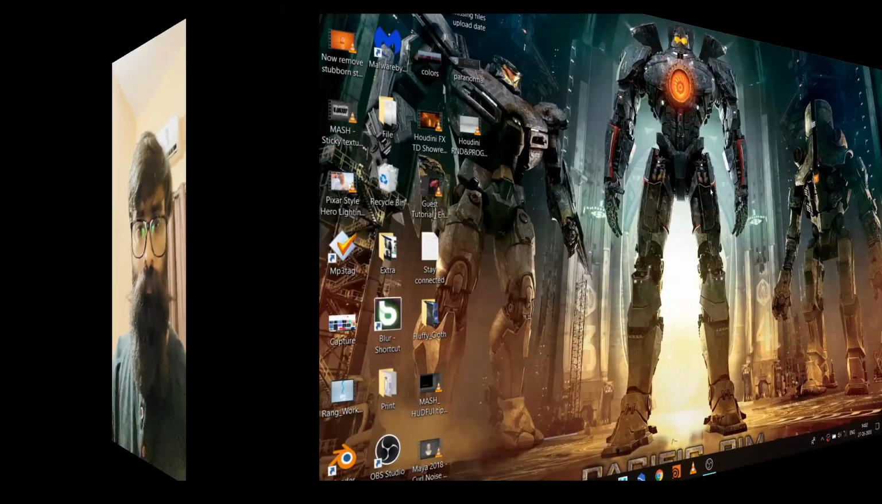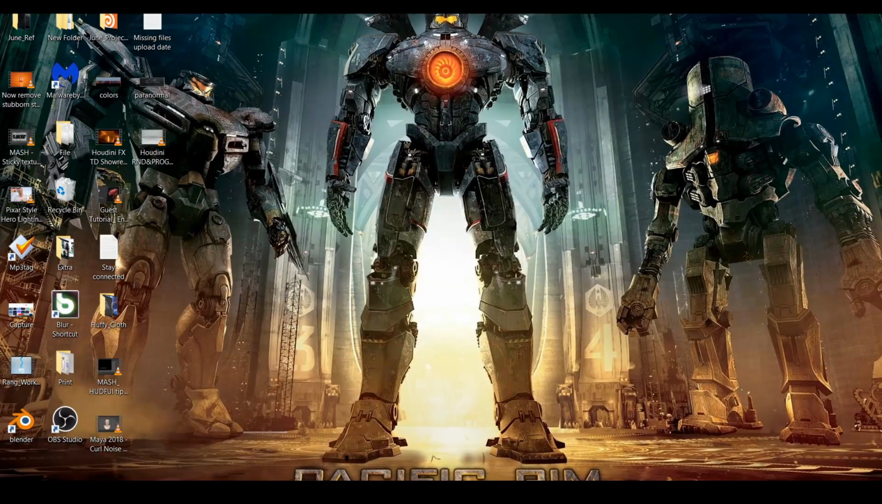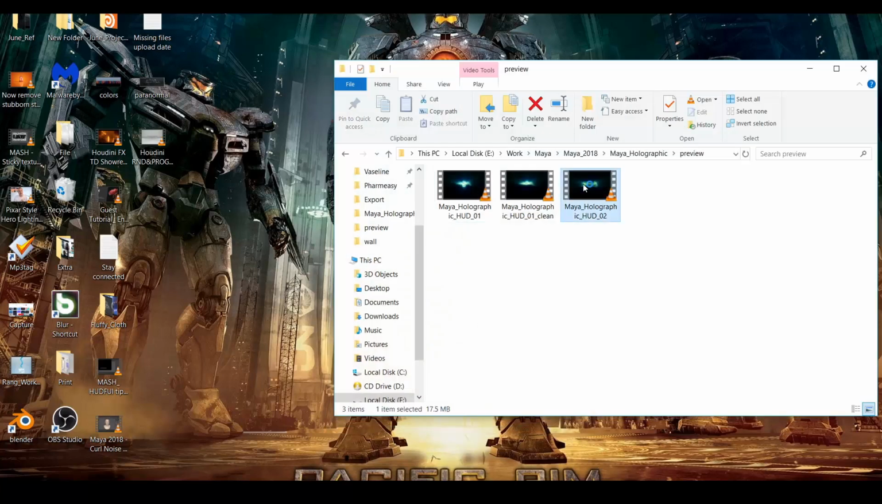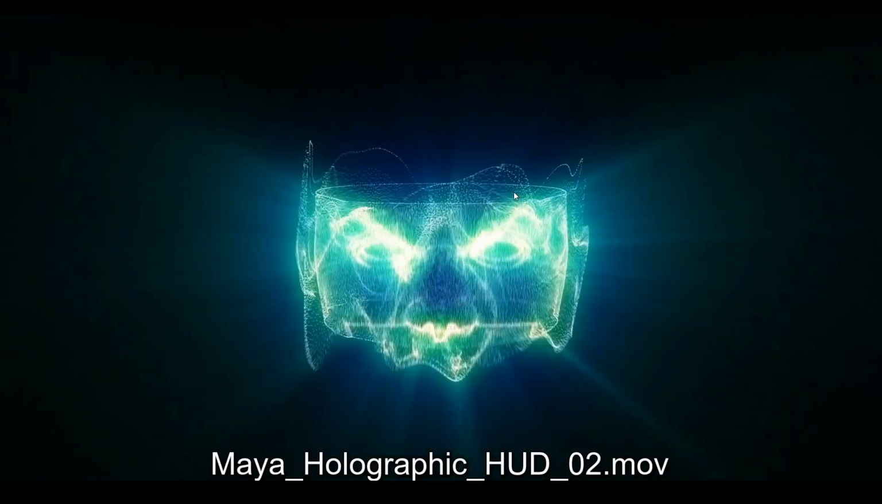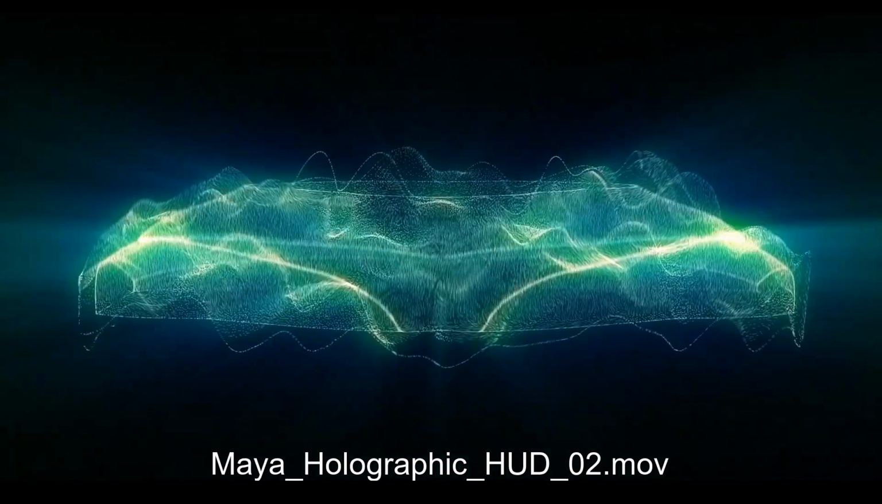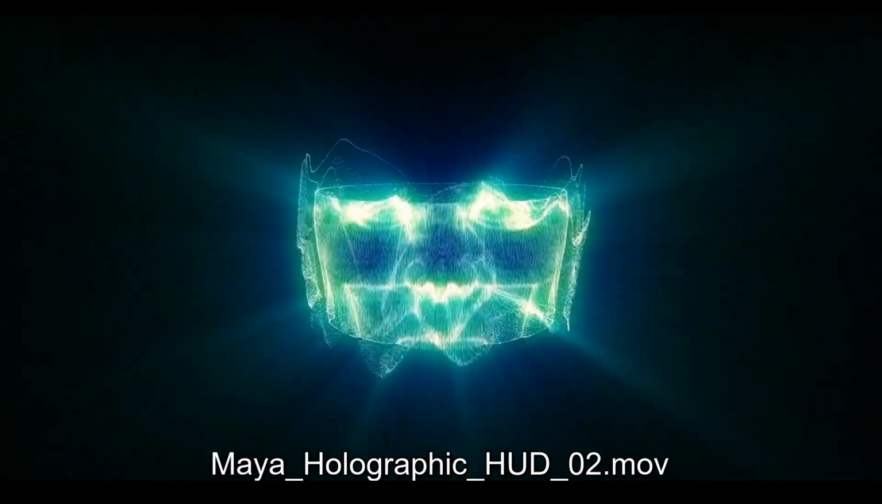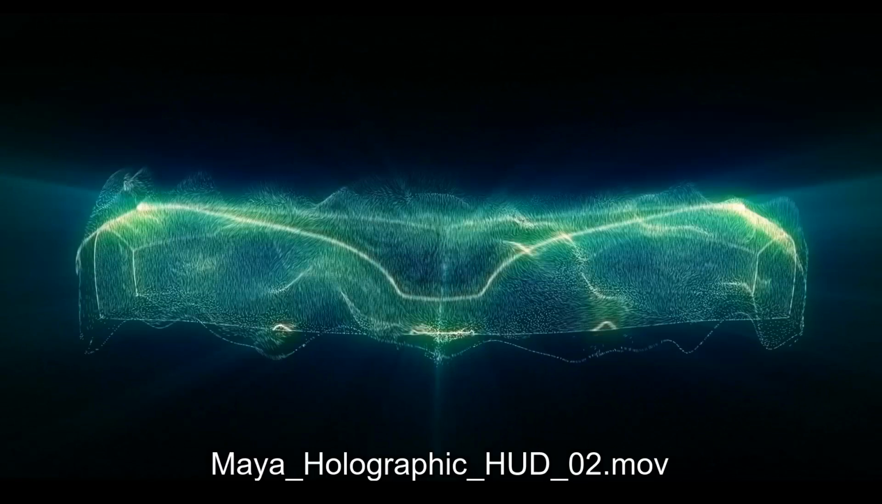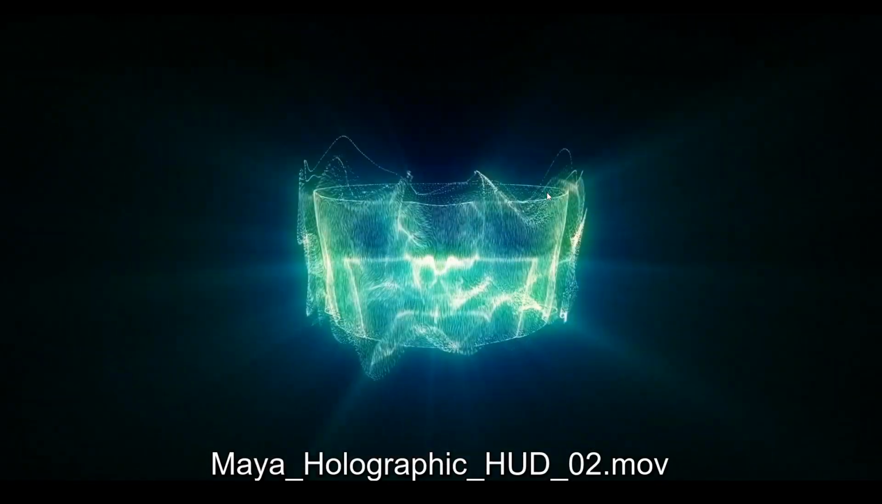Today I'm gonna teach you how to create holographic HUD elements in Maya. So let's jump into it. And today we're gonna create this. So this is a Maya holographic HUD kind of element. We will create this,